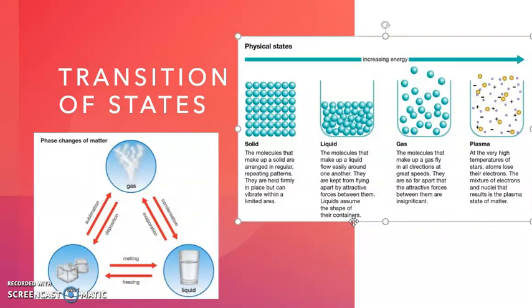Mesophase: meso is a Greek word which means middle. An example is the supercritical fluid. The supercritical fluid is a middle phase between gas and liquid. So it has properties of gas as well as liquid. Similarly, the liquid crystalline state is also a mesophase, which is a phase between liquid and solid. The middle phase between liquid and solid is the liquid crystalline phase. So this is all about the transition of states.